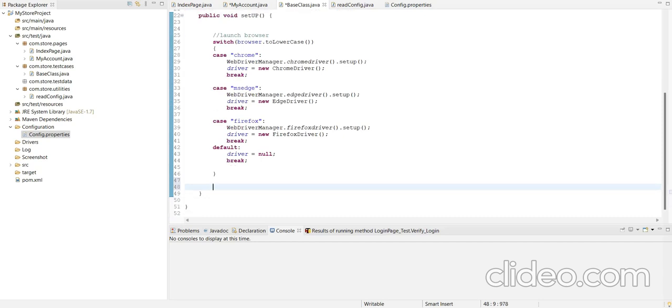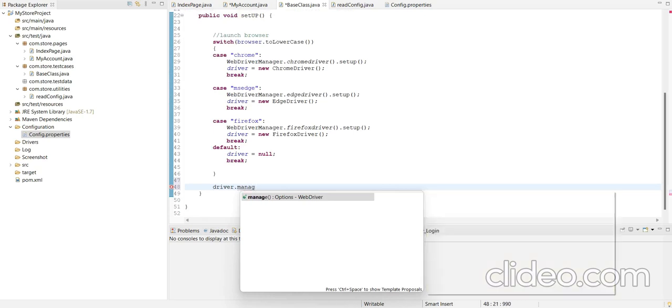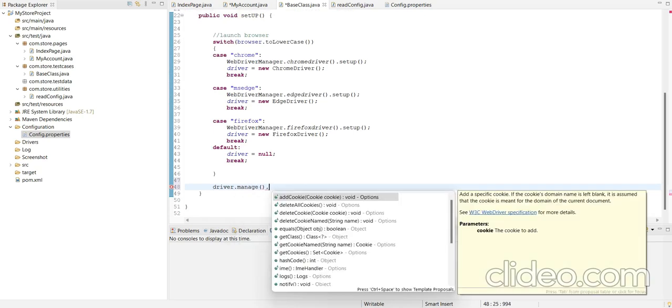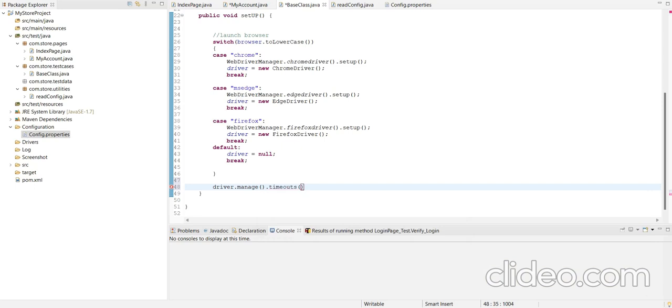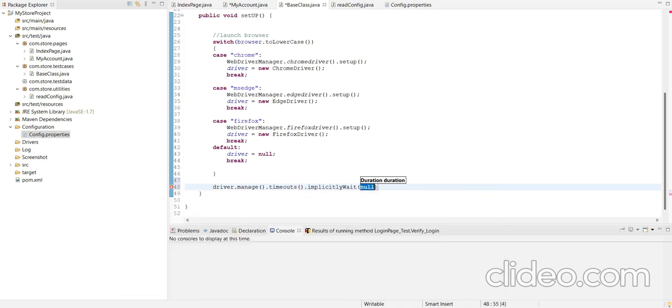So for the implicit wait we will write driver.manage().timeouts().implicitlyWait, and here we give the time, TimeUnit.SECONDS.